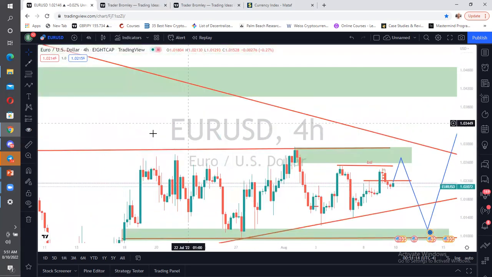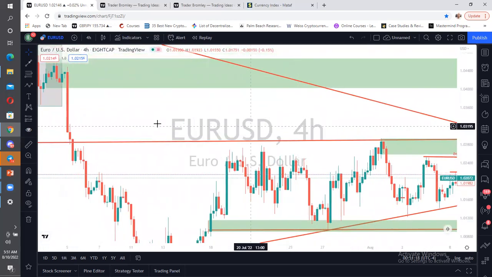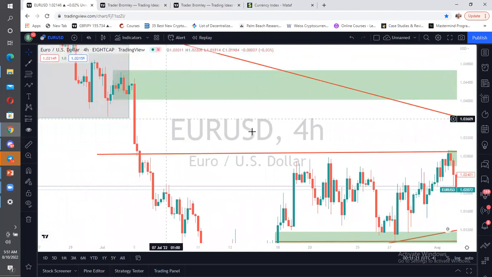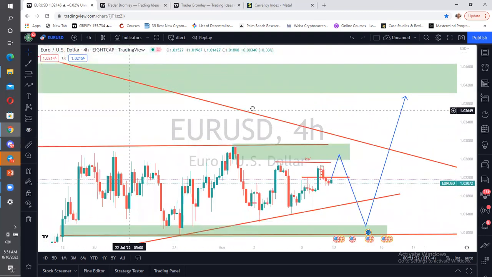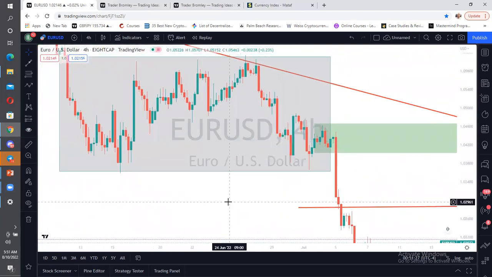Now you can see that we have a lot of liquidity up here and they would like to take away this liquidity. This place here is very, very important for them because this is where I'm expecting them to get to. This zone here we see is a cycle. All right, it is a market cycle.